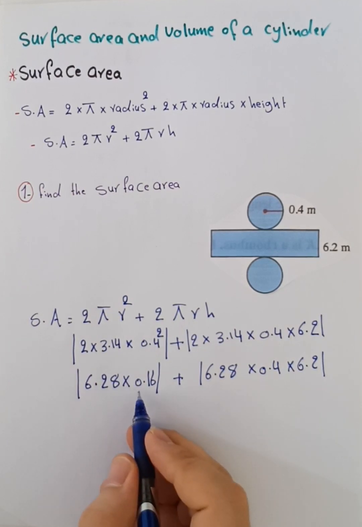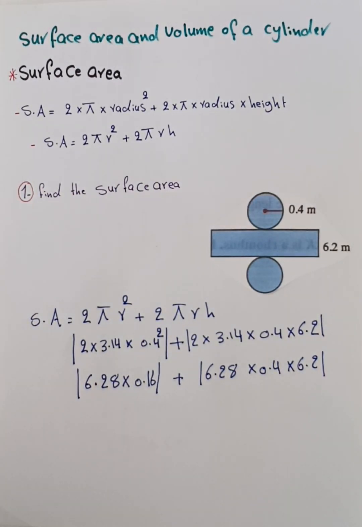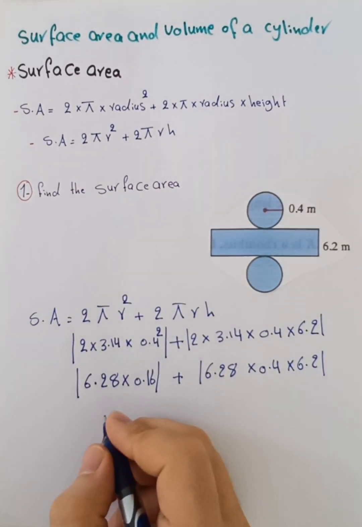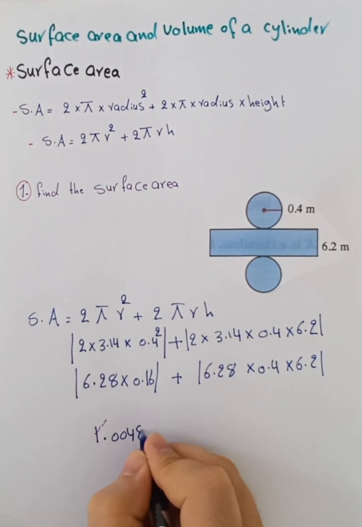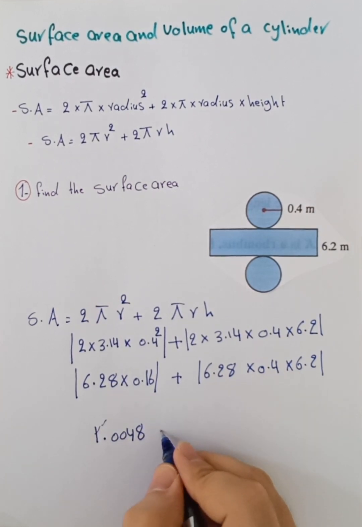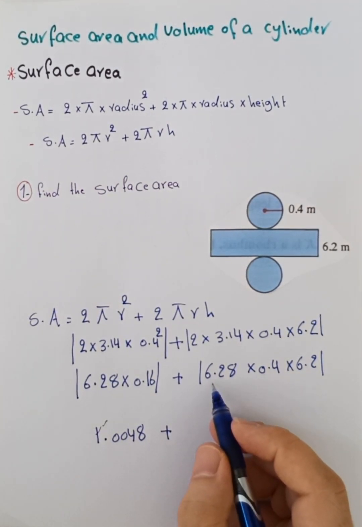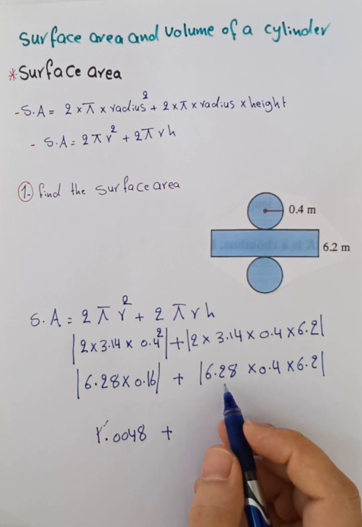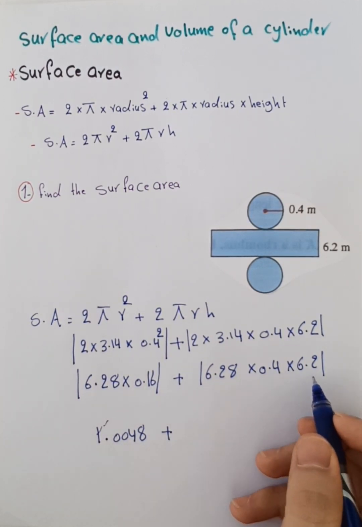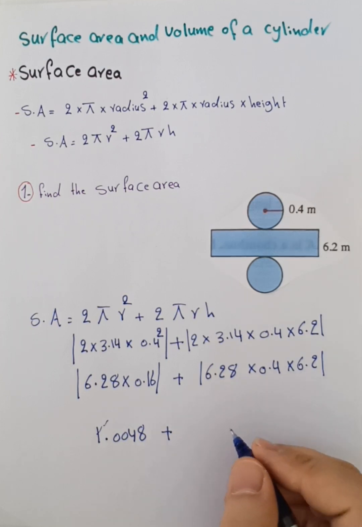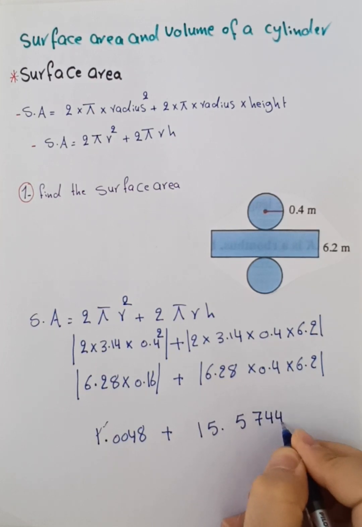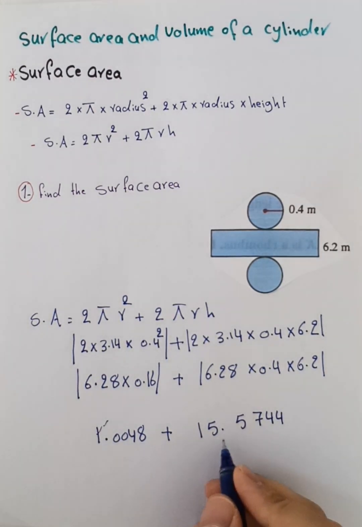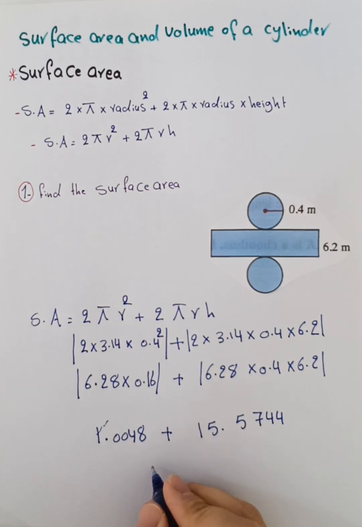After that, 6.28 multiplied by 0.16 equals 1.0048, plus 6.28 multiplied by 0.4 multiplied by 6.2, which is equal to 15.5744. And the last step, you have to add these two numbers together, and the sum is